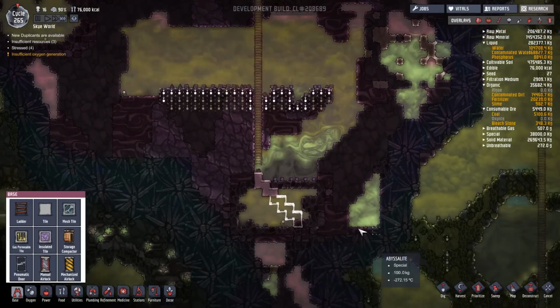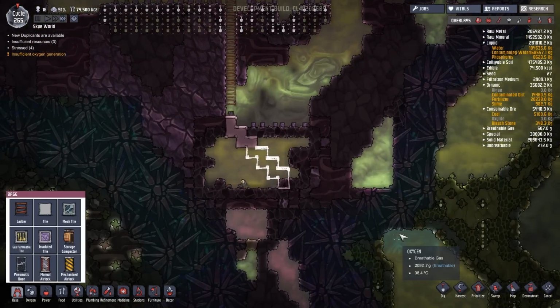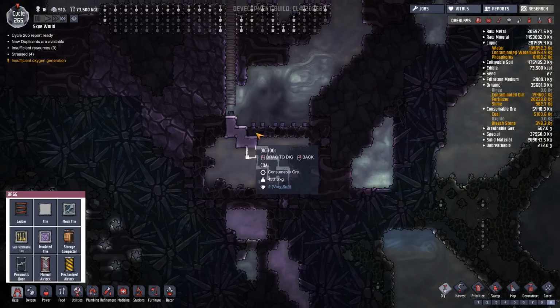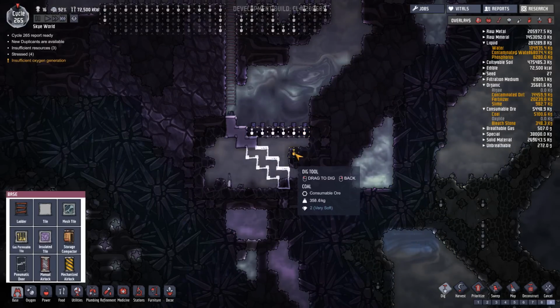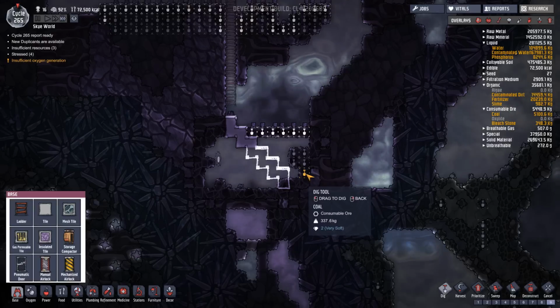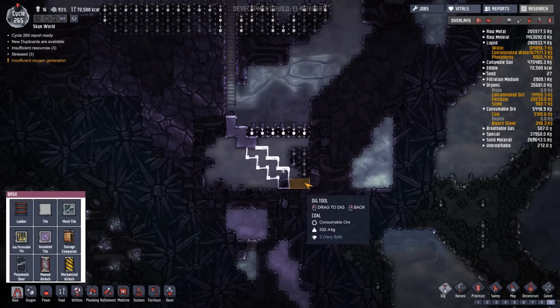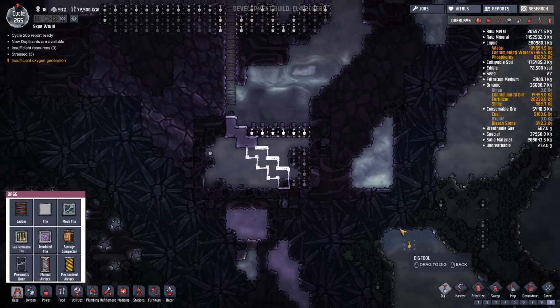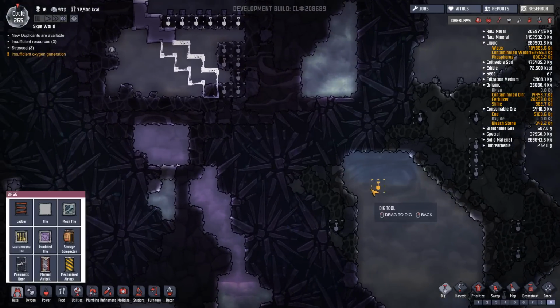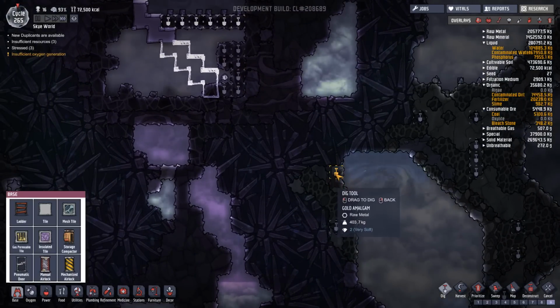I kind of underestimated just how much water we've got. There's rather a lot of it. Right, we want to dig out that and that, and I think we want to dig those two out as well. And we're going to route it down here. So if we did something like,